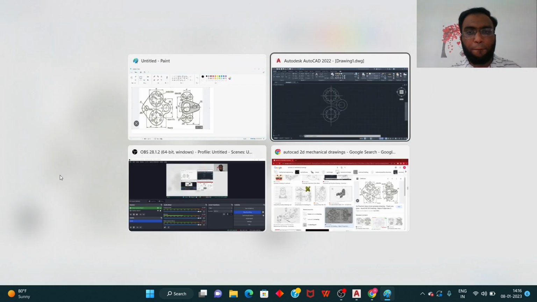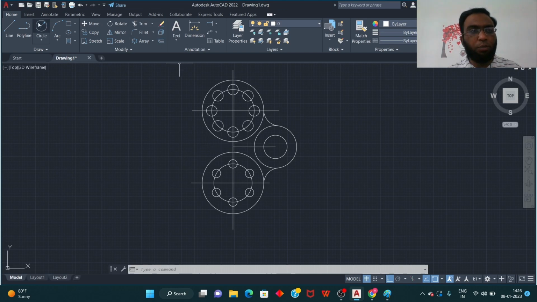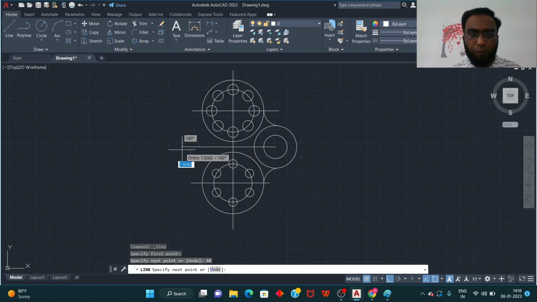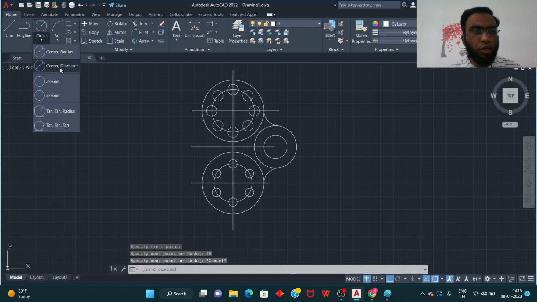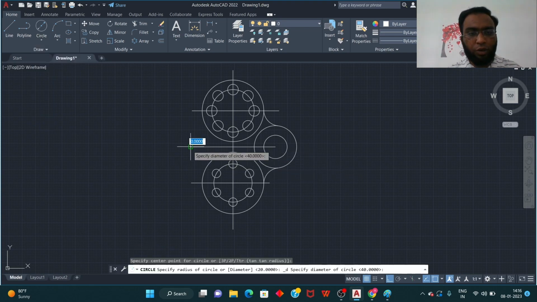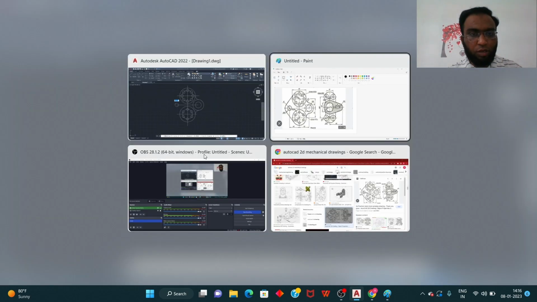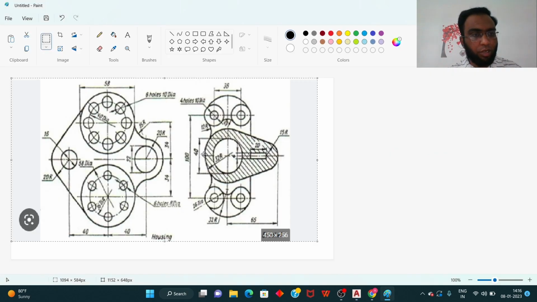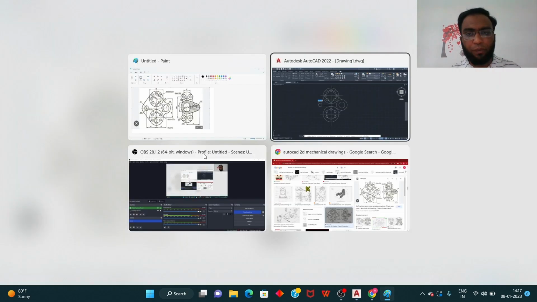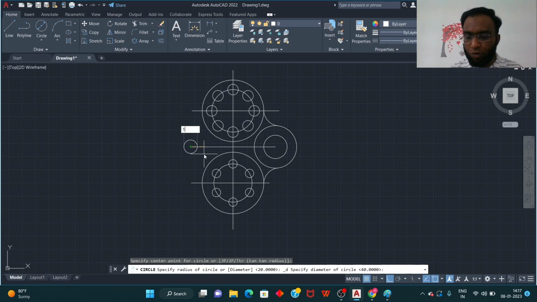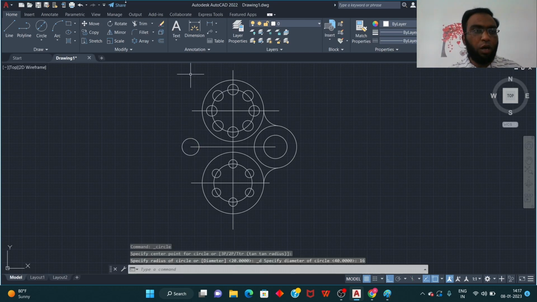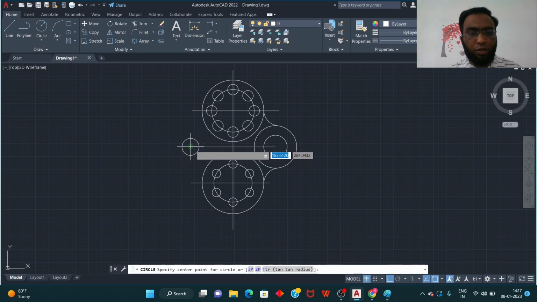Okay, so for that, simple, you need to select a line, and you can select this one and drag it and give the distance as 40. Okay, press escape, and then you need to select the center diameter and you can select here. So it is having a diameter of 16. So first you need to give the diameter of 16, and then another circle is there, which is having a radius of,